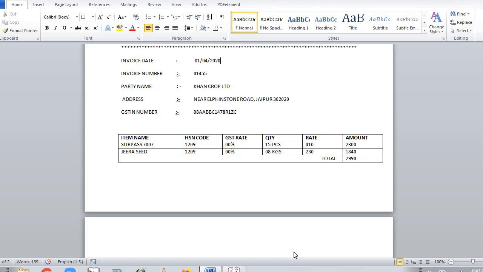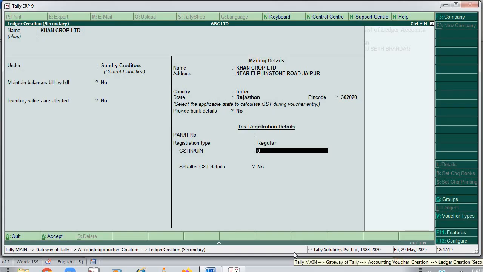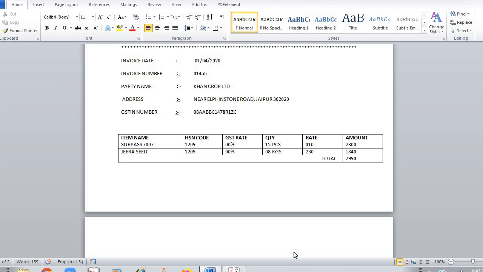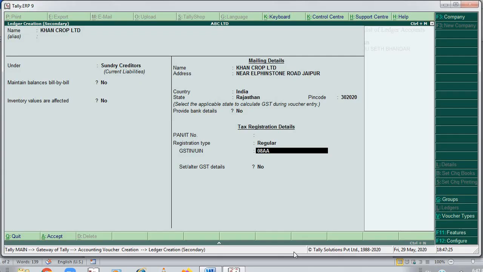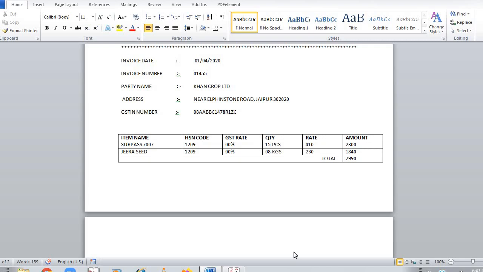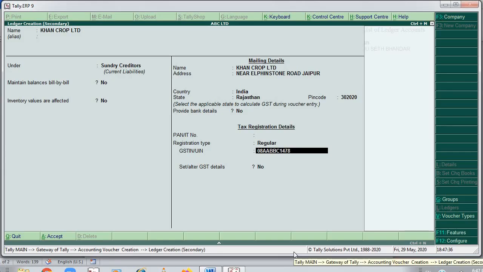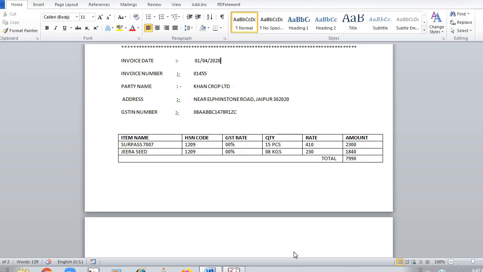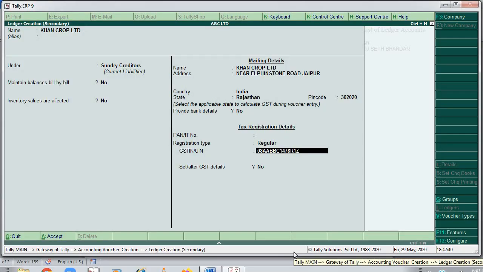We have a GST number. You can type our GST number also if we have. Yes, we have 08AABBC1478R1Z8R1ZZ1ZC.